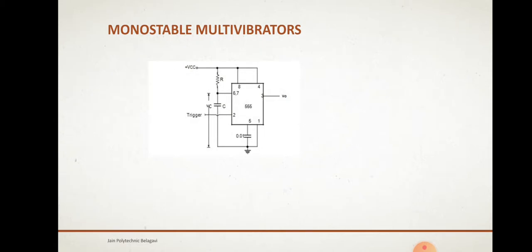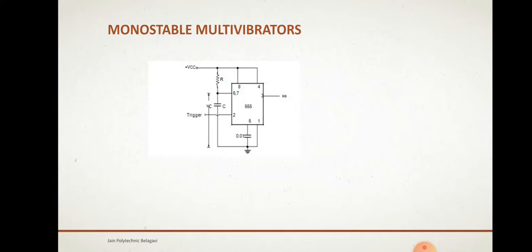The monostable multivibrator circuit diagram is as shown here. It is configured using the timer IC 555. A trigger pulse is applied to terminal pin number 2 of the IC, which should initially be kept at plus VCC. A high at terminal 2 forces the output to the low state. A high to low trigger pulse at terminal 2 holds the output in the high state